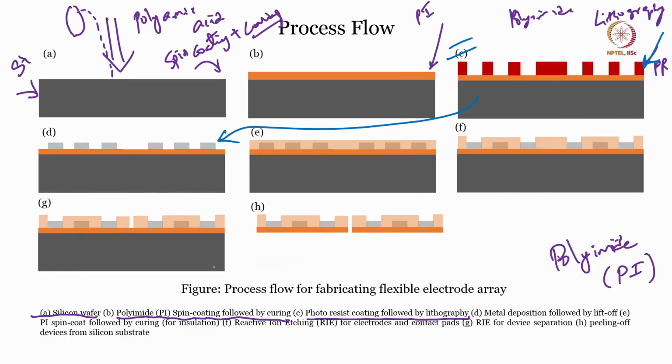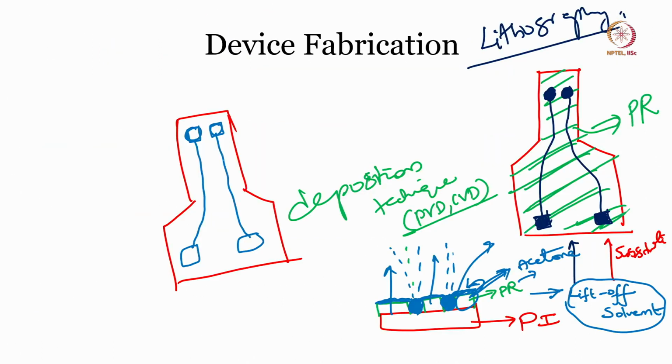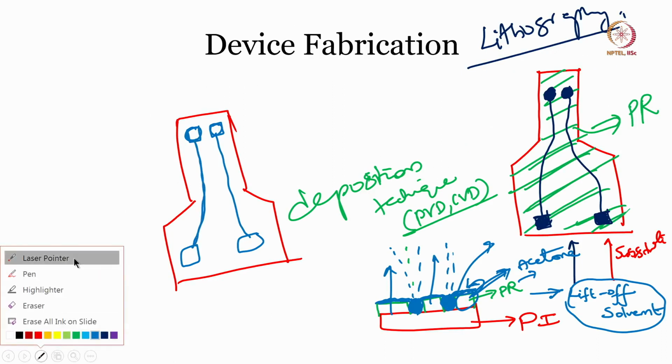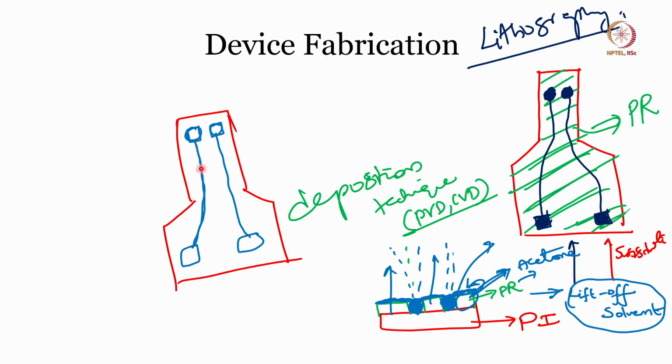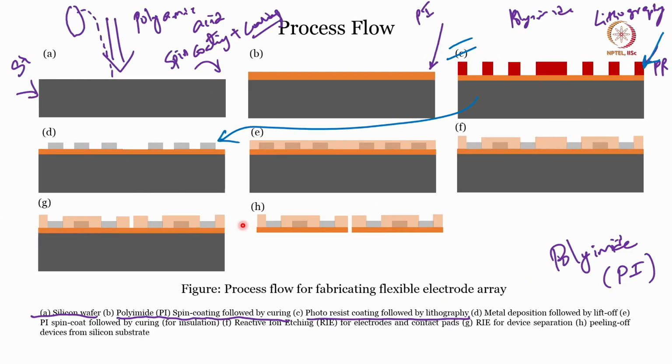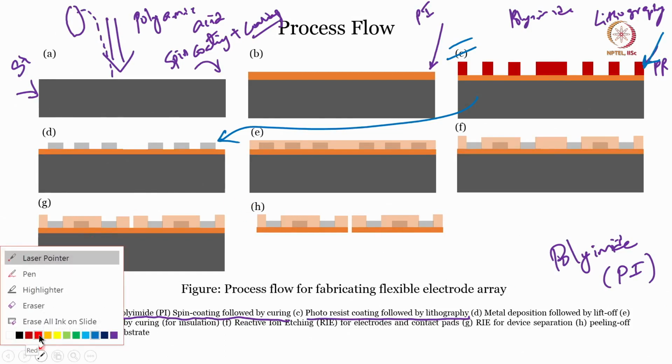Now, one more thing is what I said, you just did lift off, but this metal is exposed. Let me take the pointer, this entire thing is exposed, the interconnects are exposed. What we should do is, we have to insulate them. So, how to insulate them? Because we already know that photoresist is an insulator, so what we do is,